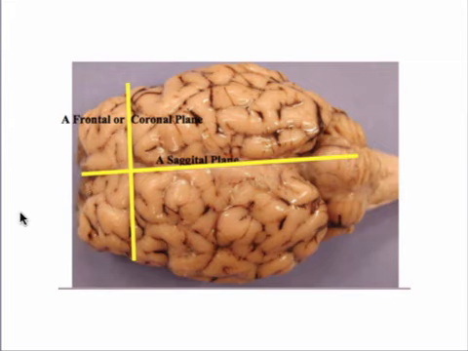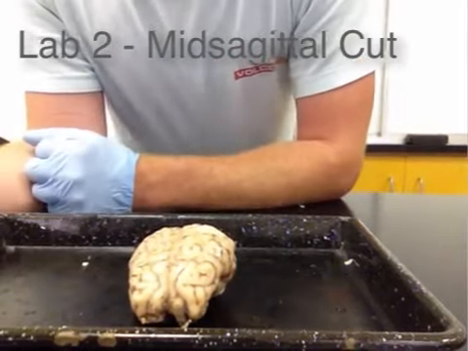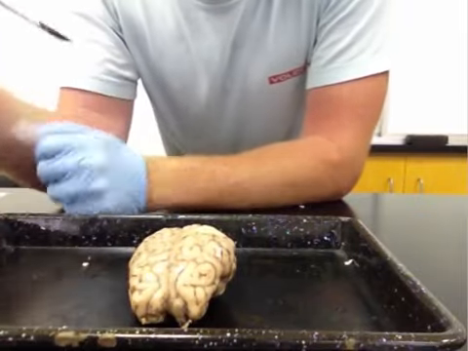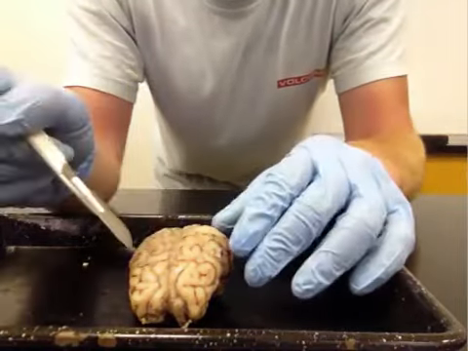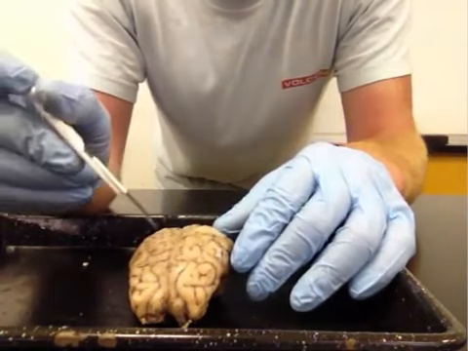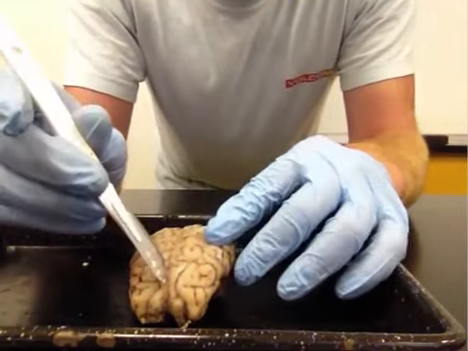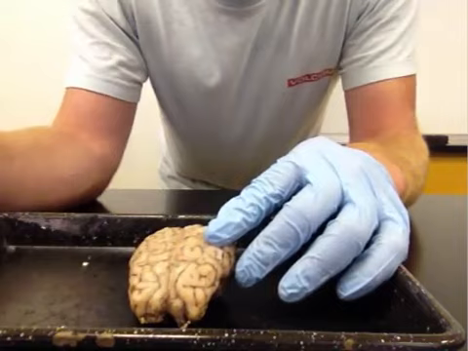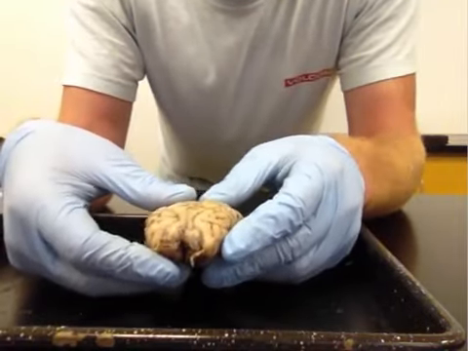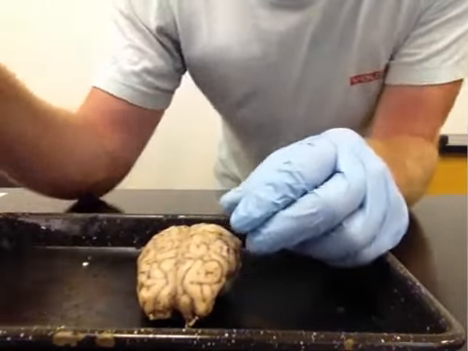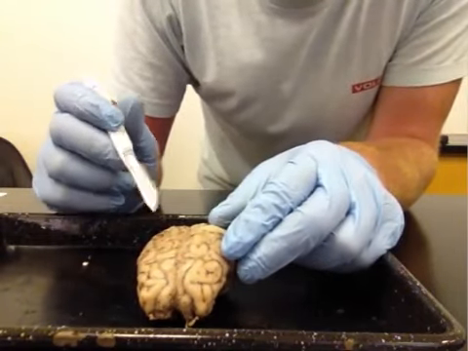So let's take a look at how we're going to make this cut and some of the structures that will become visible to us. For lab 2, we're going to be making a sagittal cut on the brain. And this will allow us to separate the 2 hemispheres. So this cut, a mid-sagittal cut in particular, is going to be taking place right along the midline of the brain. First of all, both hemispheres of the brain are connected together, and there is some meninges, particularly pia mater, the meninges that are flush with the surface of the brain,